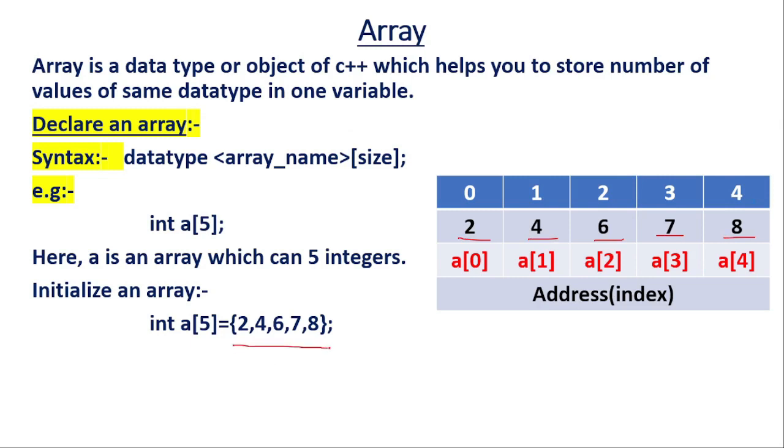with the help of curly bracket here, and each value will have the indexing that starts from 0. It means the first element will get an index 0 and the second one will get index 1 and 2 and 3 and so on. So the last element will have the index that is size minus 1. If you have a size 5 then the index of the last element will be 5 minus 1. ओके, ये हमेशा ऐसे ही